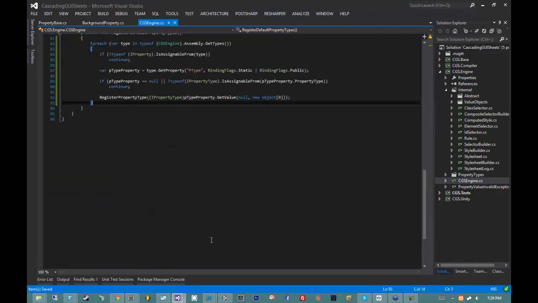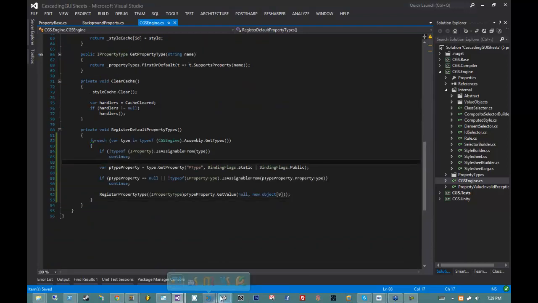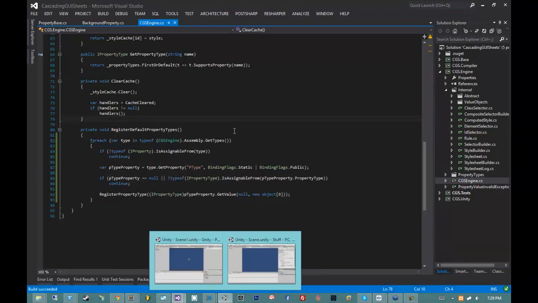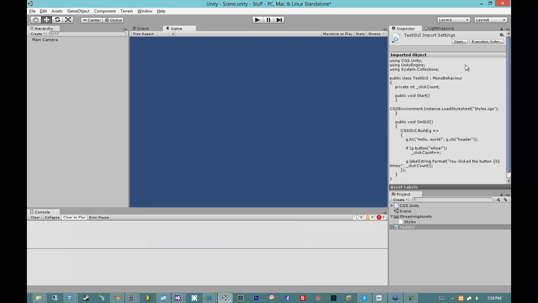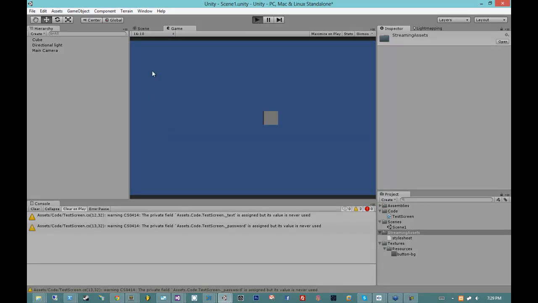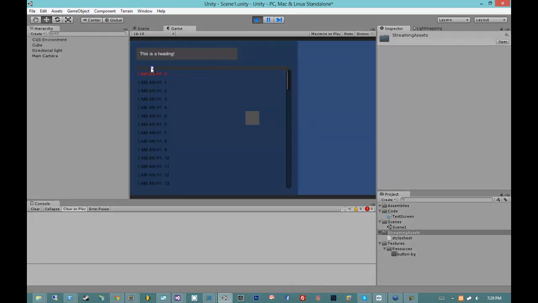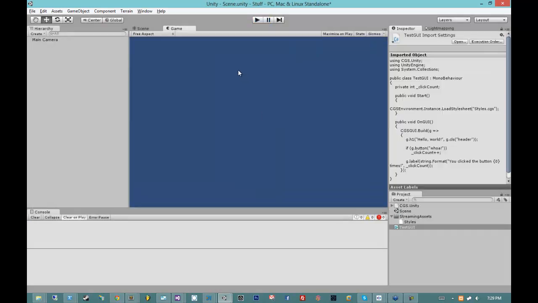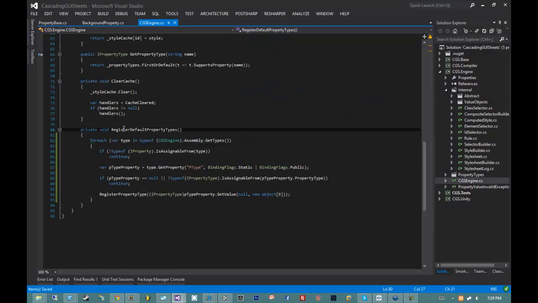So I can now remove all of this code, or build this, of course. Jump back into our thing, not right there, we want right here, and hit run, and we see that it works just fine, although we do have a header that's jumping from side to side because I forgot to remove the margin code. Let's go ahead and remove the margin code and then see about getting this to work